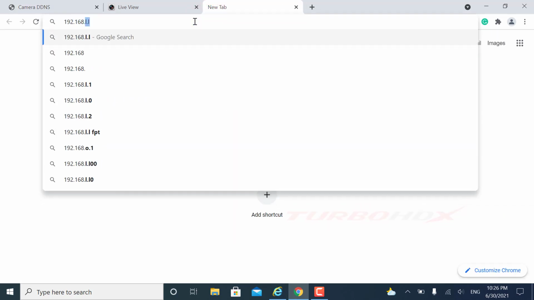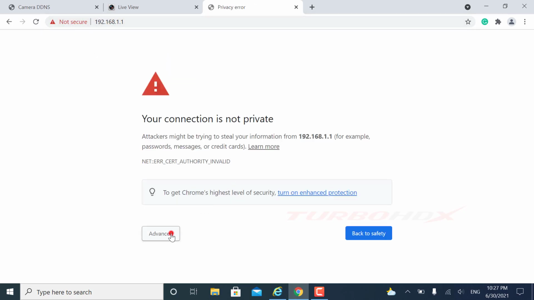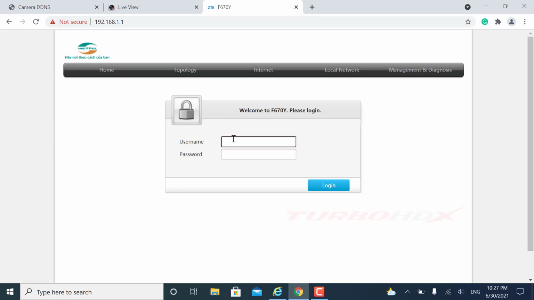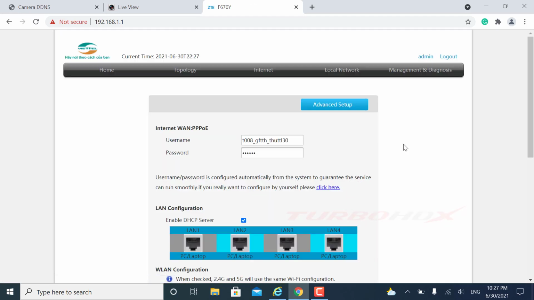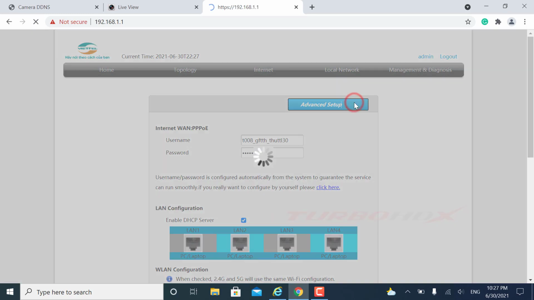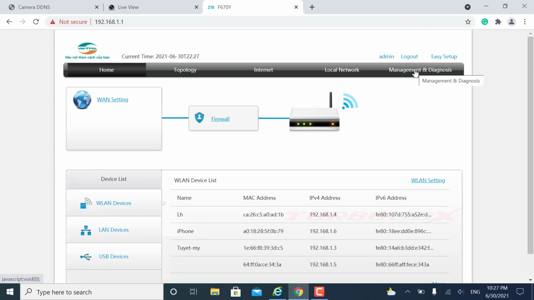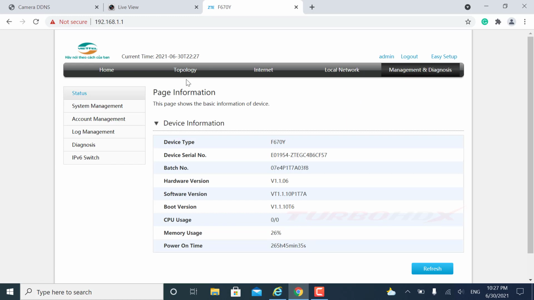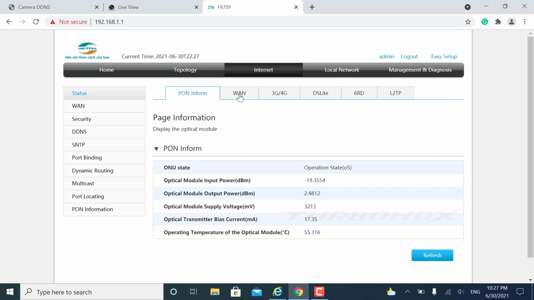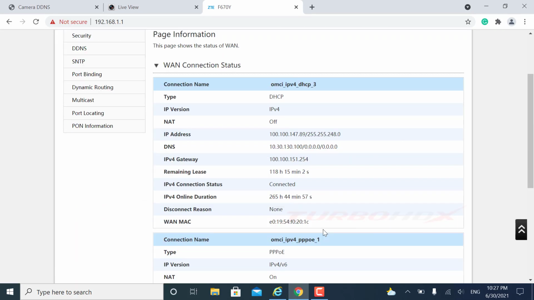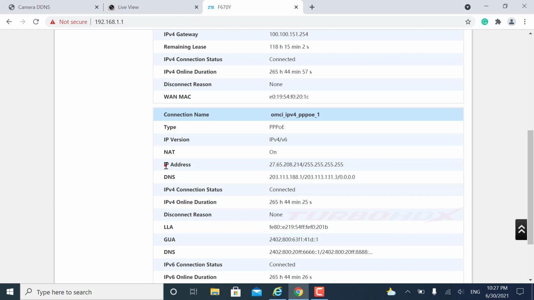Log in to the modem to check again. The WAN IP here will be the same as on the domain account.